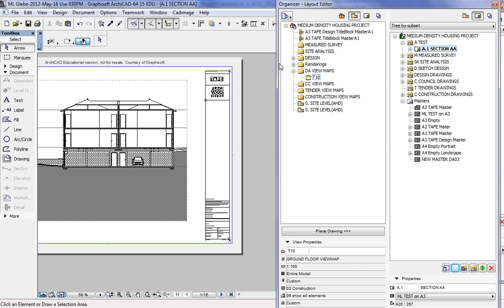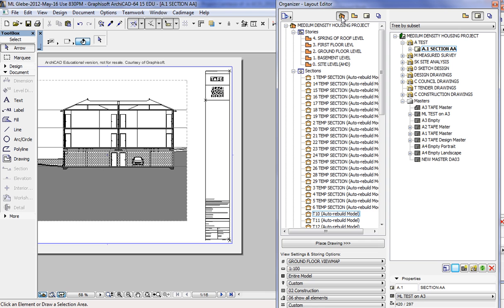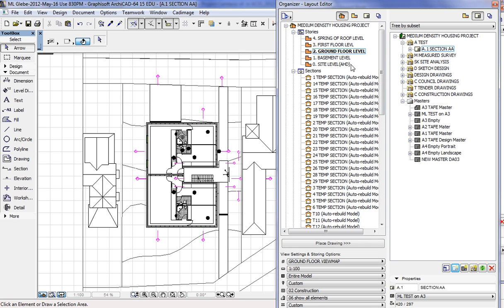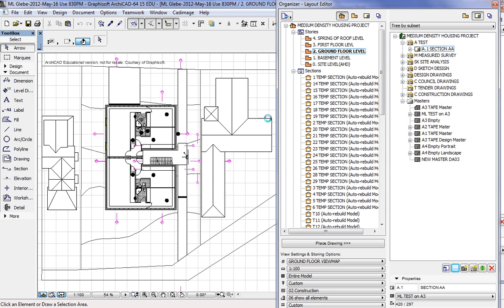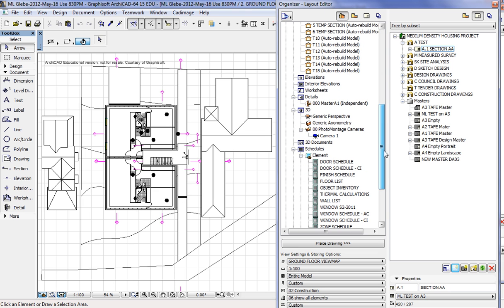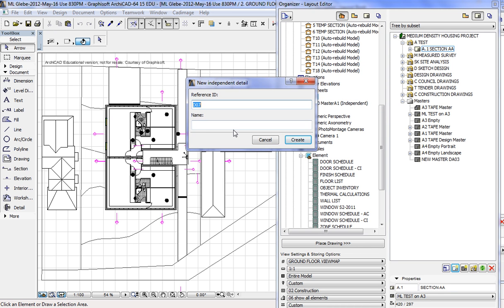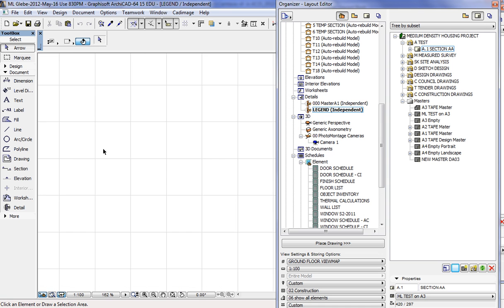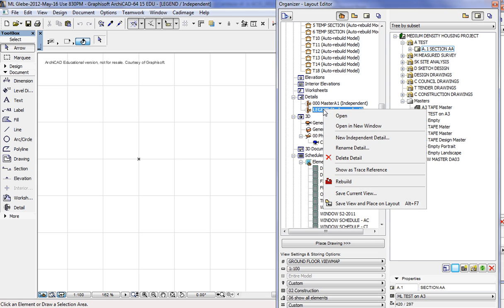Now what you need to do then is go back into the project map, press F2 to get back to your drawing, and you'll need to create a new independent detail. So you select the detail area of your navigator, right mouse click and go new independent detail. And this one we're going to name legend. Okay, so this legend, actually I'm going to rename it to be